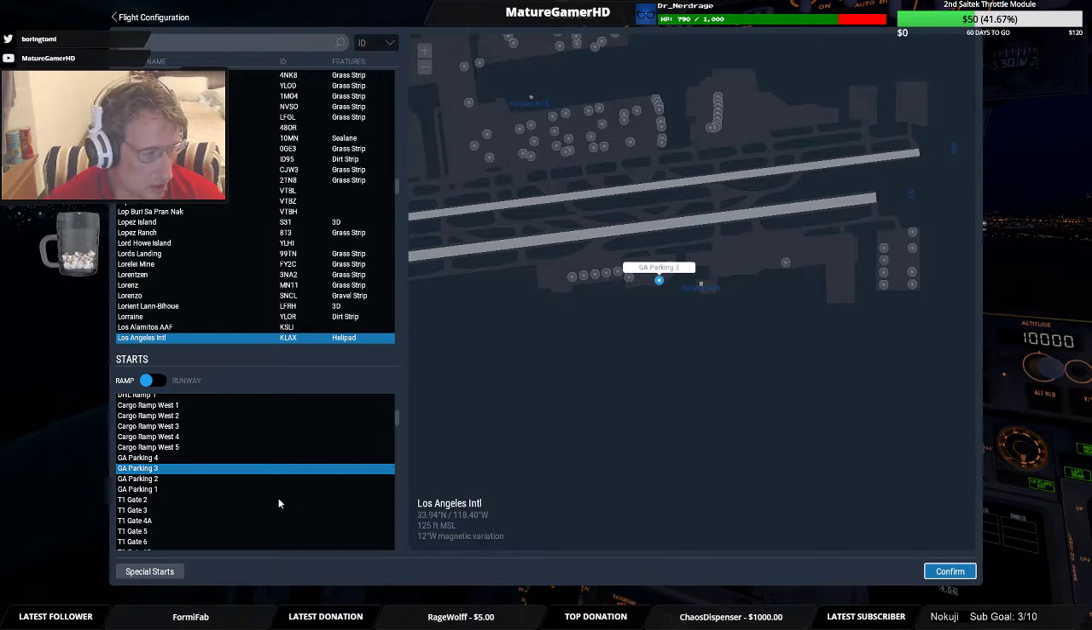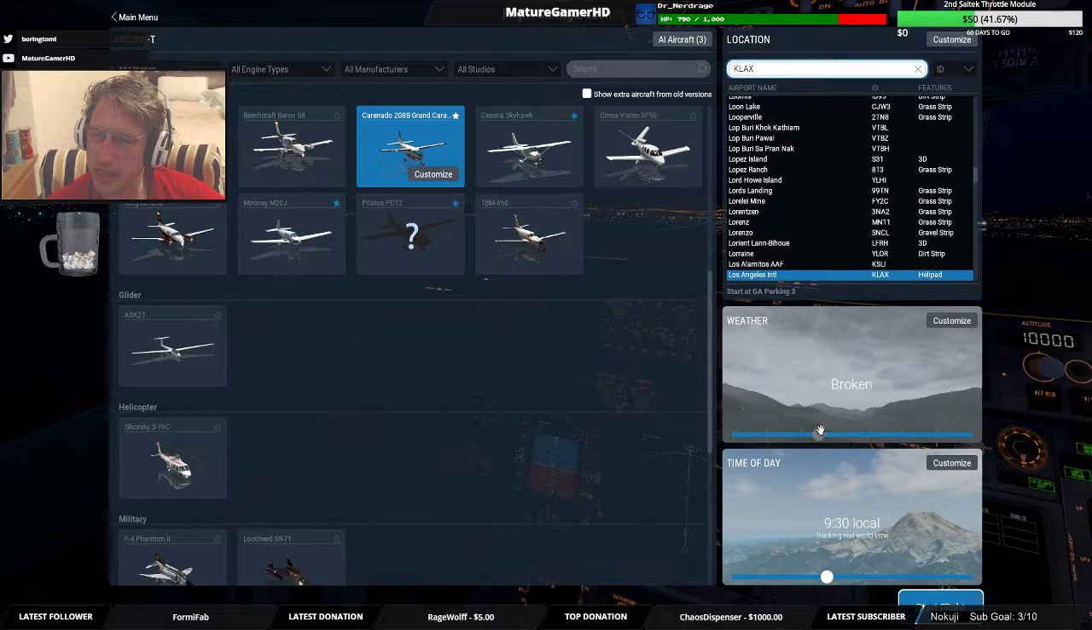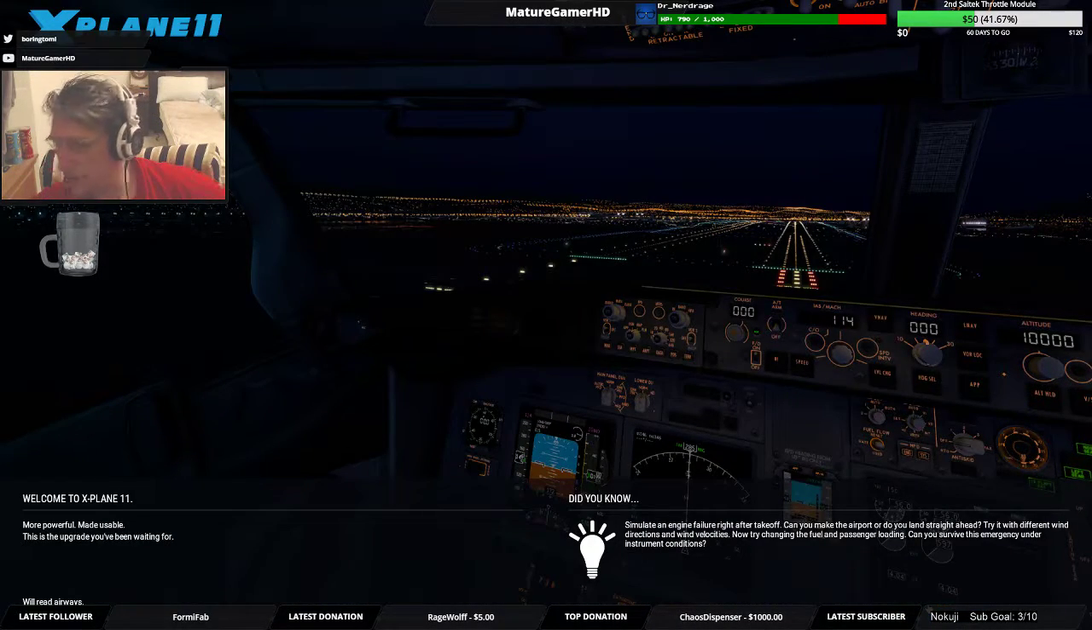Game capture is already on, so we can actually go and get into our tiny little airplane, which is a Caravan. Now let's see, custom, low visibility. I'm actually going to go and do a clear weather, and I'm going to actually advise